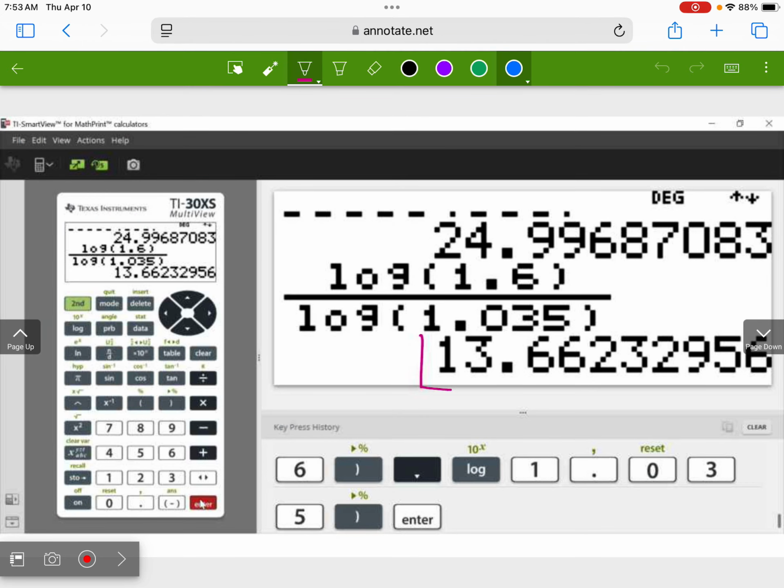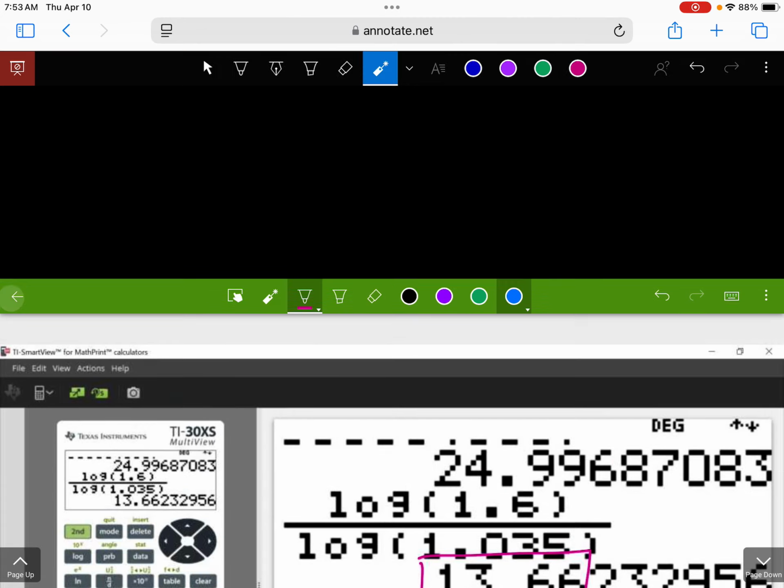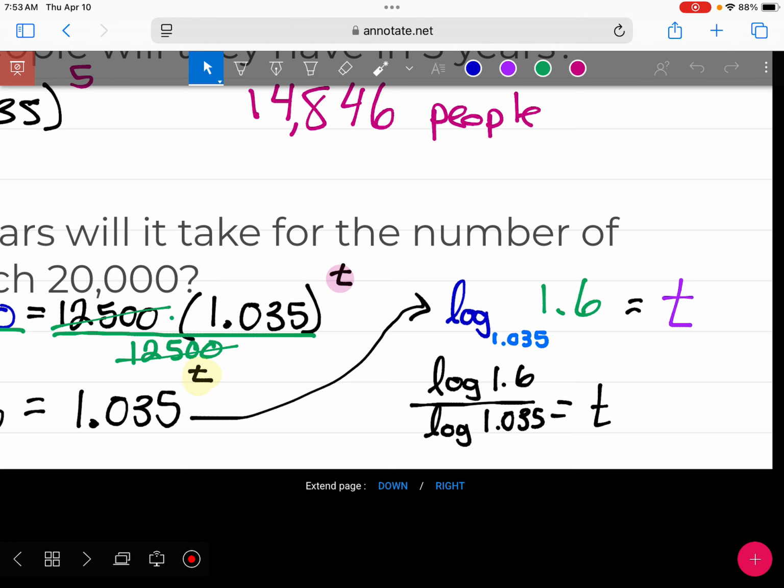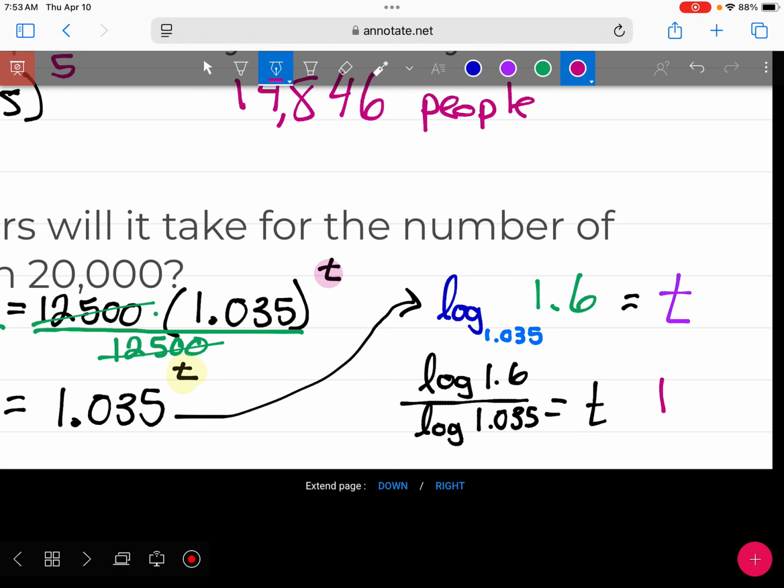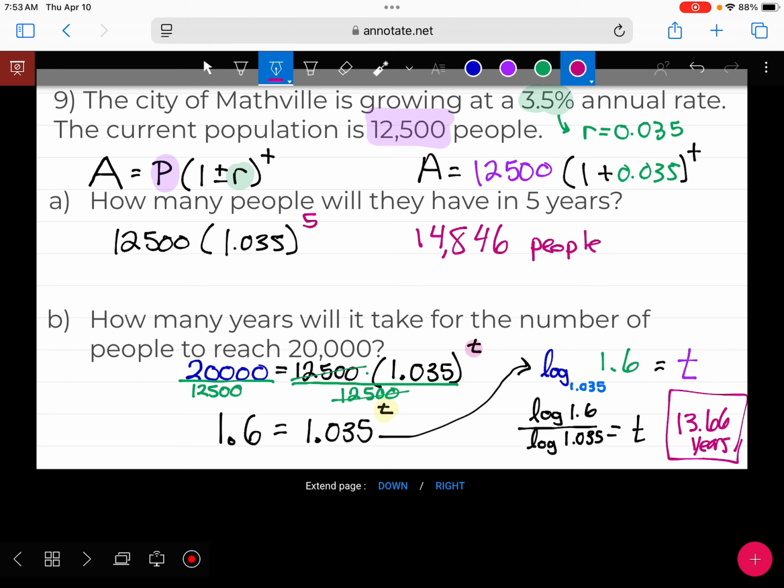So we're going to have 13.66 years. So it would take 13 and a little more than a half years for this town to grow up to